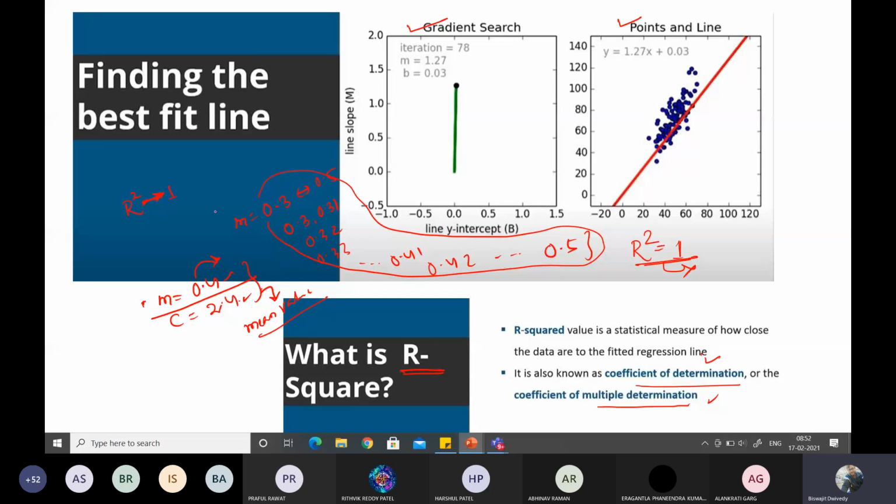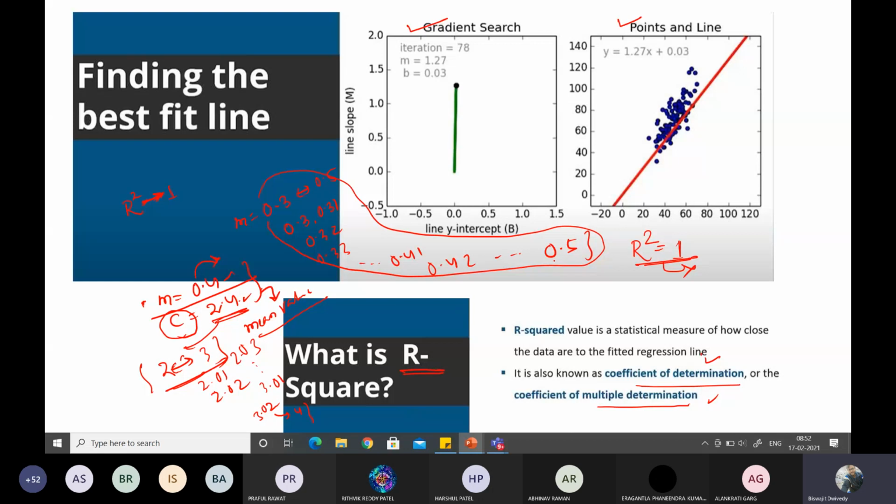Okay, so one technique is you can choose this m within a range, and you can also choose the c values. You can fix the m value, and you can also choose the c value, like c can vary from 2 to 3. Let us assume that c varies from 2 to 3, meaning 2.01, 2.02, 2.03, like that. It can go up to 3.01, 3.02. So it can go up to 4. So we can choose different values of c also to find out the regression line.